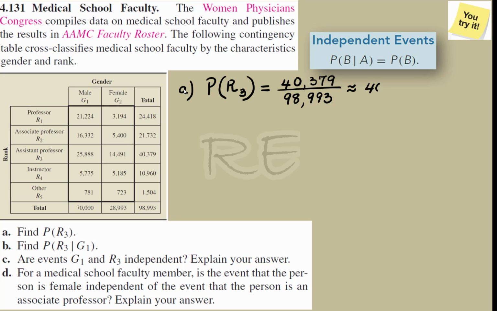We get approximately 40.79%. Now we need to find the probability of R3 given